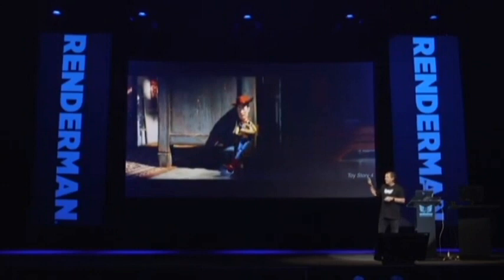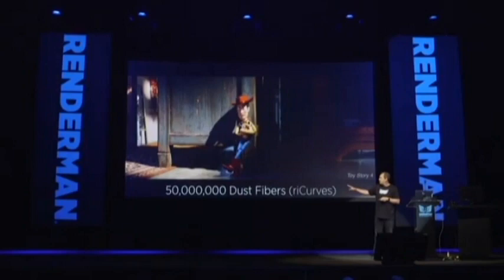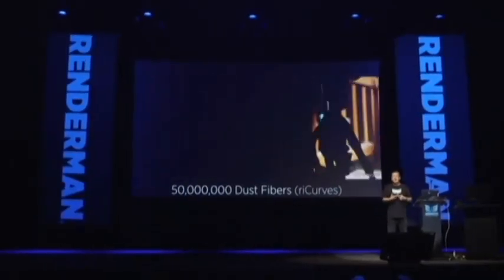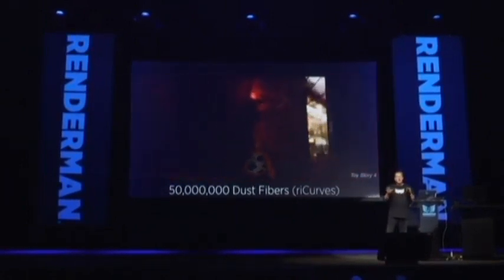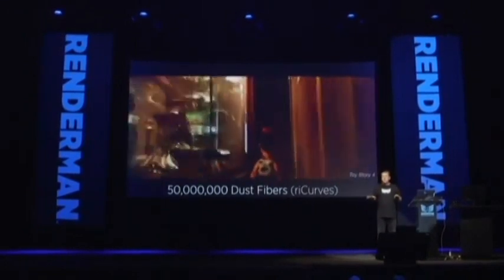That's pretty cool and seems complicated, but if you went inside the antique mall, you would find that it was kind of dirty, and in some shots we'd have up to 50 million dust fibers, represented as RI curves. We can follow Woody as he walks behind this cabinet here. He's walking by cobwebs, dust bunnies, dust. It's kind of gross back there. And all this stuff happens completely automatically in your own home. In CG, it's much more complicated, and later on we're going to have some folks talking about that,